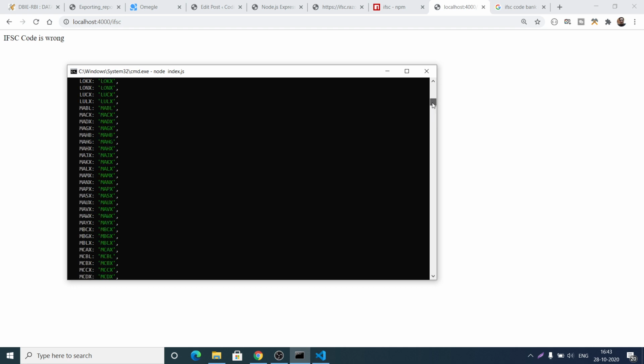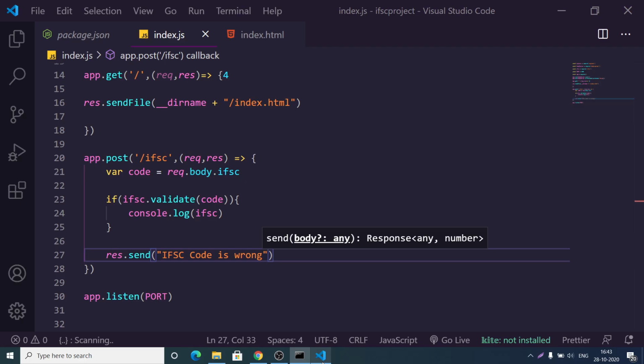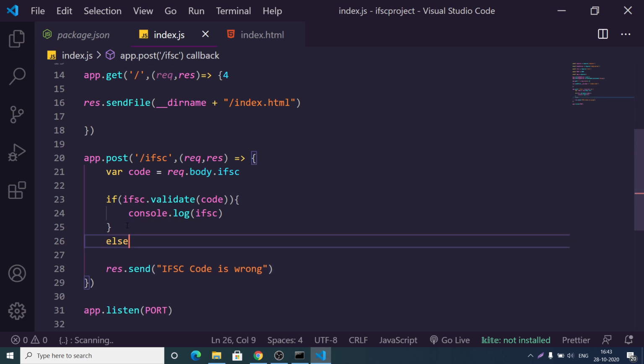you will see inside the console, this has printed out all the information regarding this IFSC code. So now you can print out this information. I think we need to surround this inside an else block here.